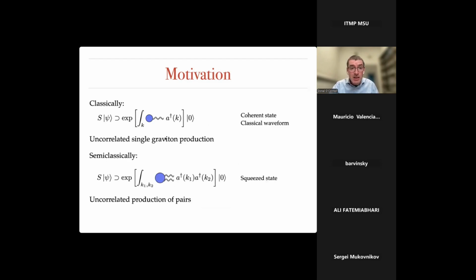Now, it can happen under certain circumstances that there is a first quantum correction to this sort of formula, which is something like this. So now there is a factor in the final state, which involves the correlated production of pairs of gravitons. This is called a squeezed state in quantum optics. It's a quantum mechanical state. But the physics here is that pairs are produced correlated with one another, but each pair is produced separately.